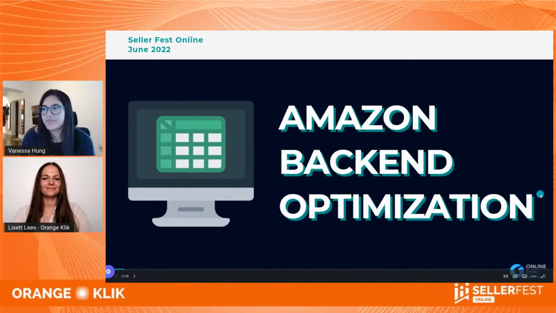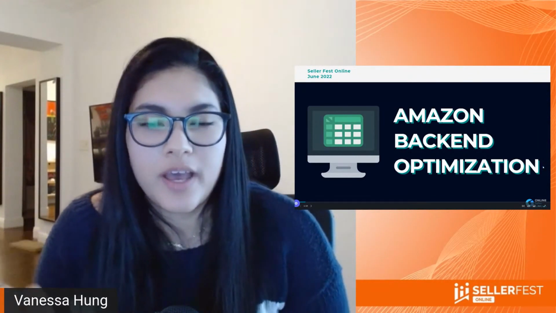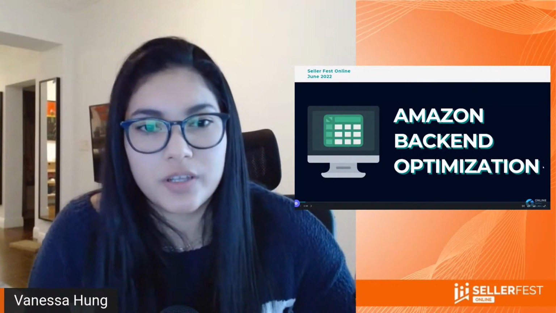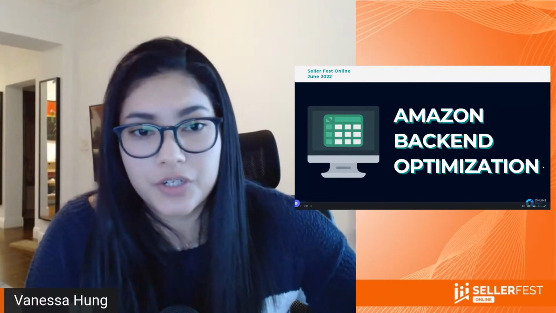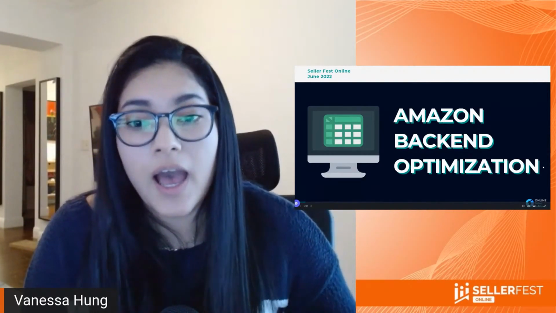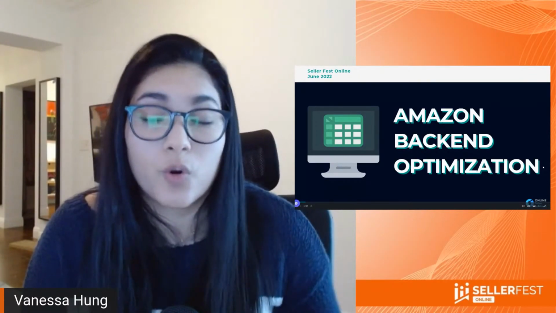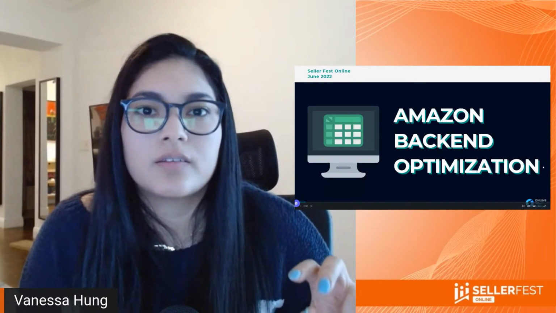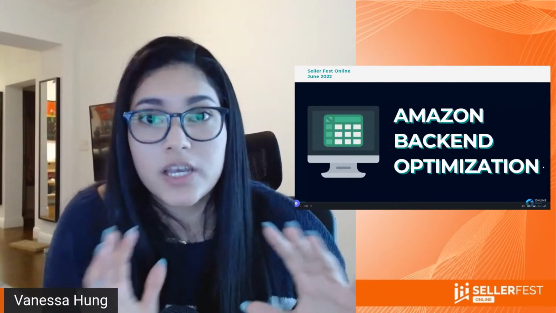Perfect. So this is Amazon backend optimization. And for you to understand, we have two things. The front end, which is the product detail page, the thing we see on Amazon.com, that's the reflection of everything that happens in the backend. And in the backend, we have two different ways to fix it. Through the UI, through Seller Central, using the edit button and all the things that are in the backend, or with flat files, which is, in my opinion, the most powerful tool that we have in the catalog, and I'm gonna show you why.